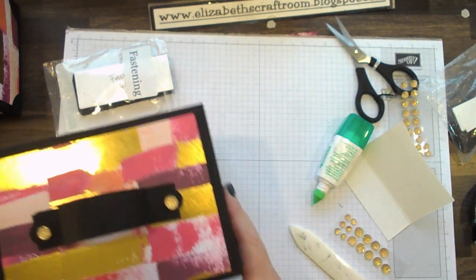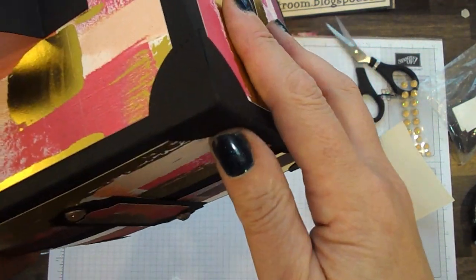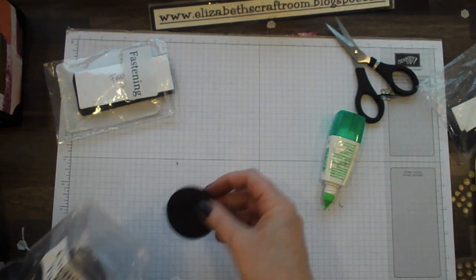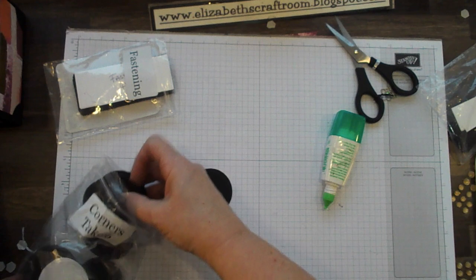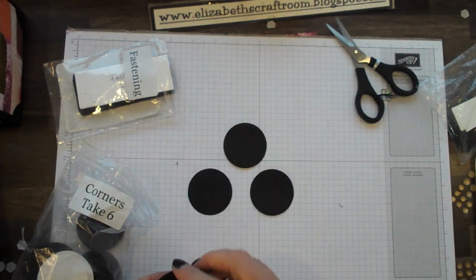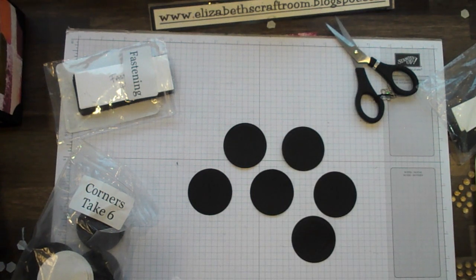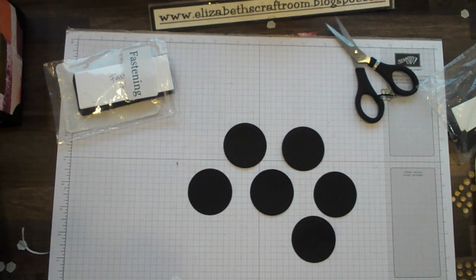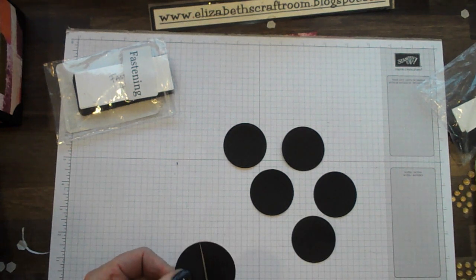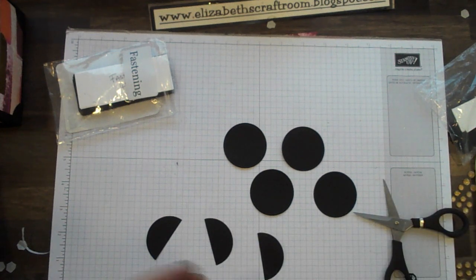So final thing is the corners, and you can see I have used the stitched framelits. Now if you don't have those, you could just use a circle punch. So I have used the second smallest stitched circle framelit, and I have cut 6 per person. Now you might think we've got 8 corners, you need 8, but actually you don't. For the bottom corners, you're just going to cut these in half, fold them,